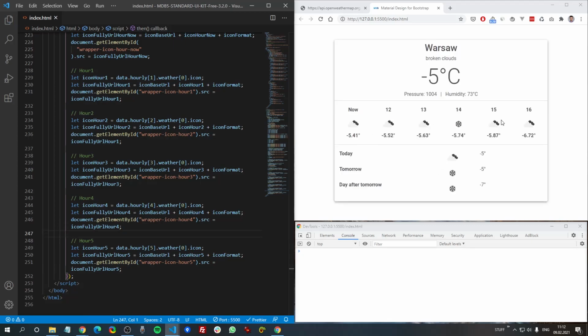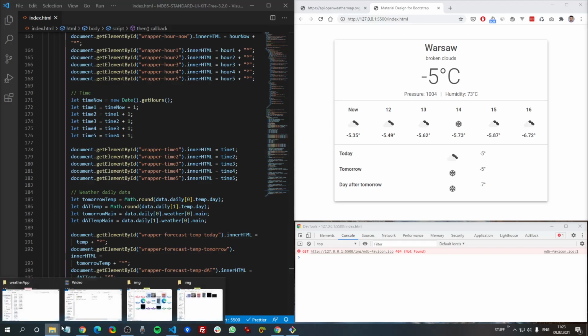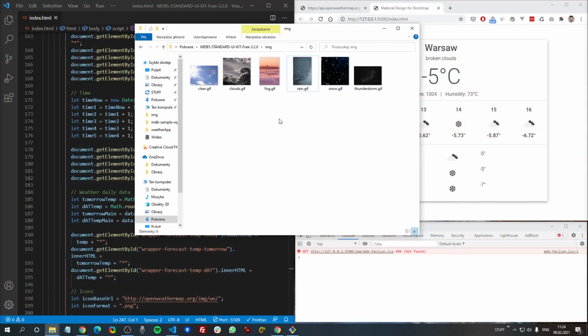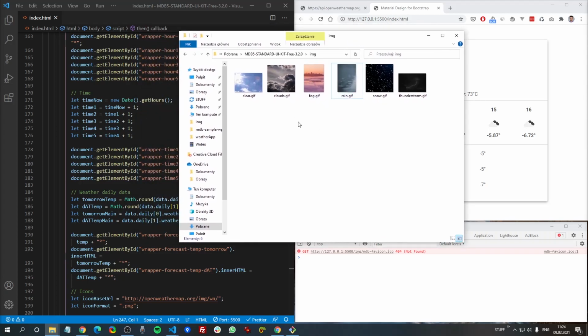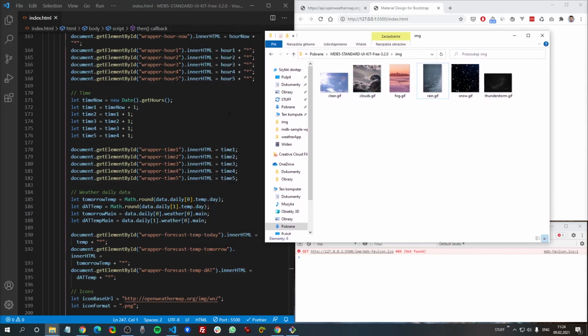And each icon works as expected. Now we can take care of our animated backgrounds. I have prepared a few animations for you, and of course they are not as beautiful as this one from Apple's Weather app, but they are still nice, and if you want you can find another one and adjust it to satisfy your needs. You can download it. I provided a link in the description of this video,